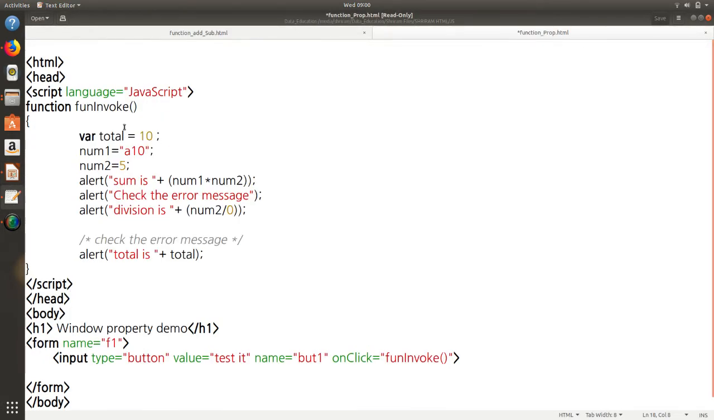Now let us see it here. I have got var total equal to 10. What did I do here? I have clearly defined that total equals 10. If I have not defined it and have just left var total, it will show undefined. Now num1 equals a10. See that it's a string. Num2 equals 5. Now I am alerting, I am calculating some here, that star is just a symbol, don't worry. I am trying to multiply, and then I am going to divide